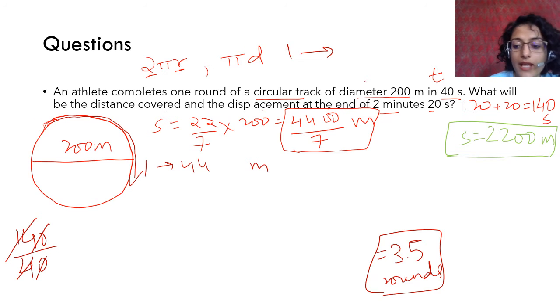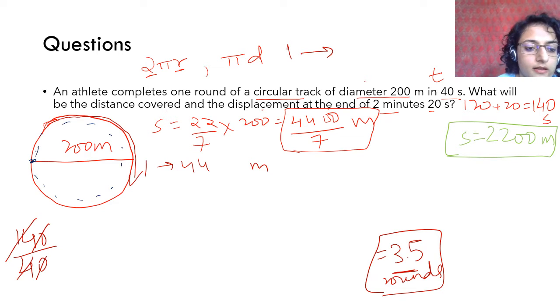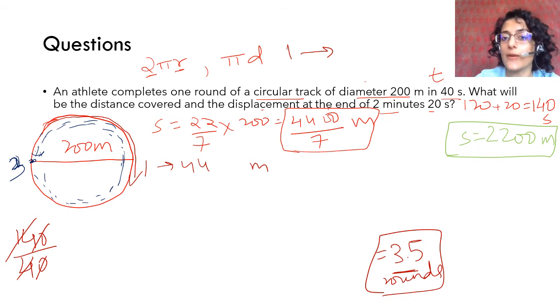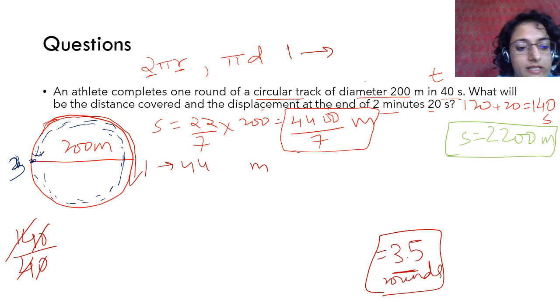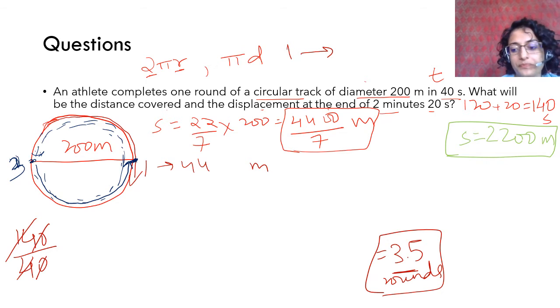Now we know that he has taken 3.5 rounds. Now imagine उसने यहां से चालू किया, ठीक है, एक राउंड पूरा कंप्लीट किया, he comes back to the same point, that is one round, then the second round, then the third round. Every time he finishes one complete round, he comes back to the same position, therefore his displacement becomes 0. पर उसने 3.5 rounds लिए. So what happens? After he takes these 3 rounds, he goes again, he starts running again and he covers only half a round more. तो इस point पे आ जाता है वो.